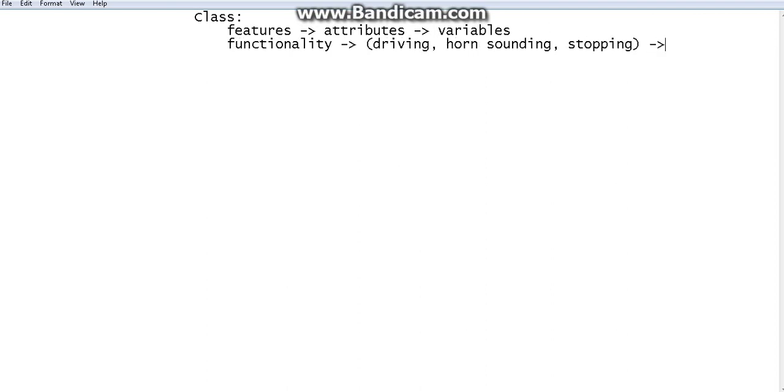For these things we use methods. So a class can have two things, features and functionalities. In other words, a class can have variables and methods. Variables are for features and methods are for functionalities. You can write a method inside a class as well. We have already written the variables and used them. Now we will write a method and see how we can implement it. We will see it in the upcoming video. Until then guys, have a great day ahead.